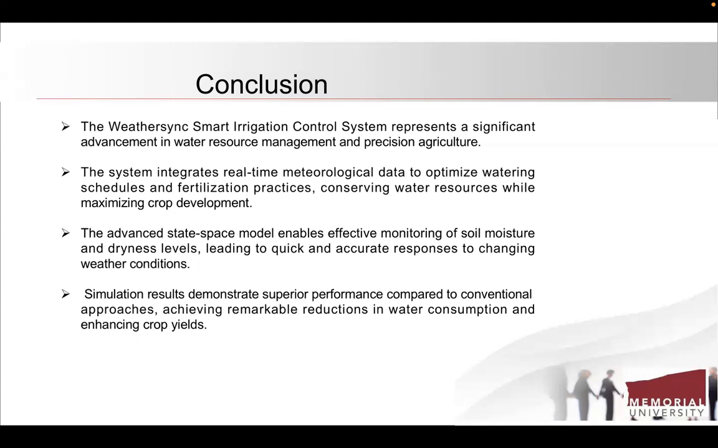The advanced state space model enables effective monitoring of soil moisture and dryness levels, leading to quick and accurate responses to changing weather conditions. Simulation results demonstrate superior performance compared to conventional approaches, achieving remarkable reductions in water consumption and enhancing crop yields. That's as we have added the model of weather synchronized data with the help of Poisson distribution rainfall